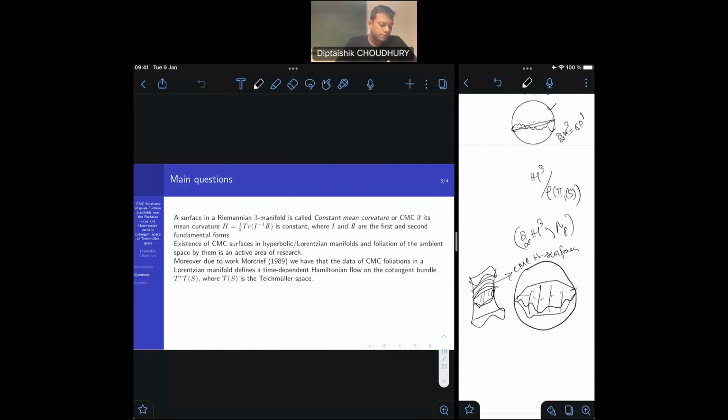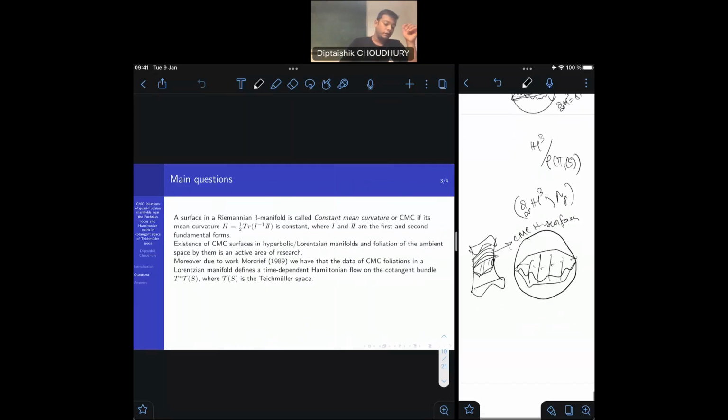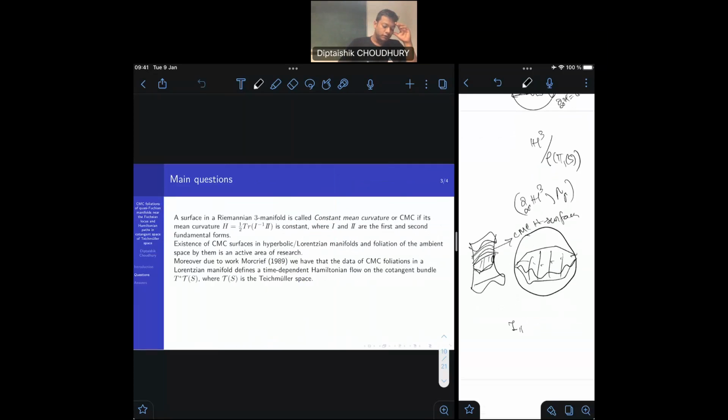Moreover, in this Lorentzian setting, the CMC H surfaces have been well studied, and it's known due to the work of Moncrief that the data of the CMC foliations give you, in the Lorentzian setting, a time-dependent Hamiltonian flow in the cotangent bundle of the Teichmuller space. Well, you take the first fundamental form equivalence class and the second fundamental form traceless part,